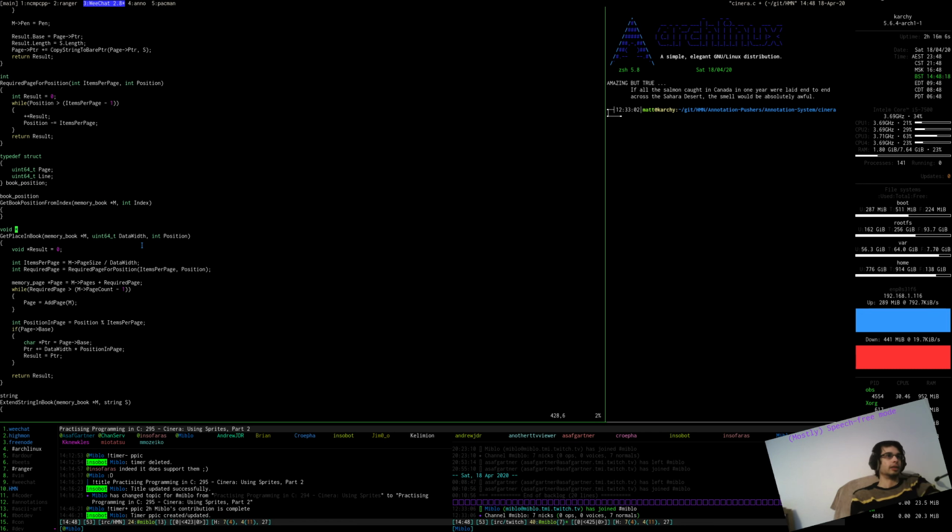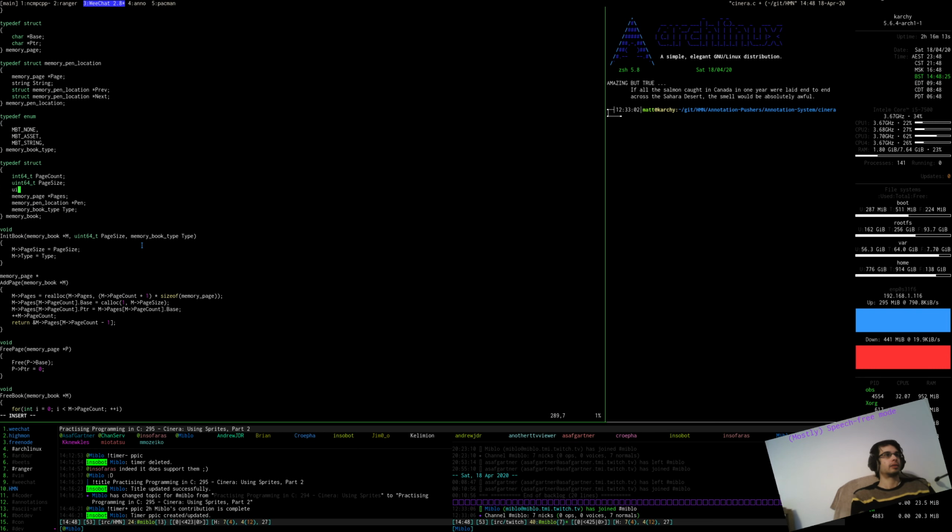This is sort of taking data width, but I'm thinking that I'm going to also augment the memory block with the data width. So you've got a type and you've got a data width. Now it would be nice if you could just put into this struct, look, this is the type of things that you're putting into this book, and then all you do is you just say you're putting assets into the book. You know what the type is, you know what the data width is, and then when